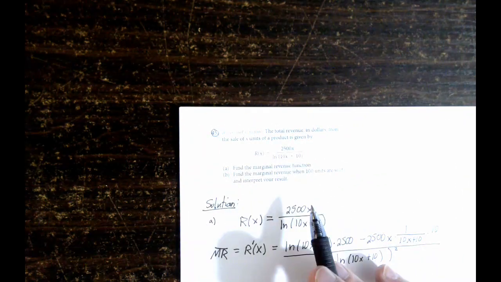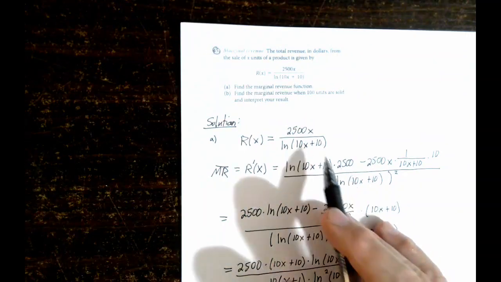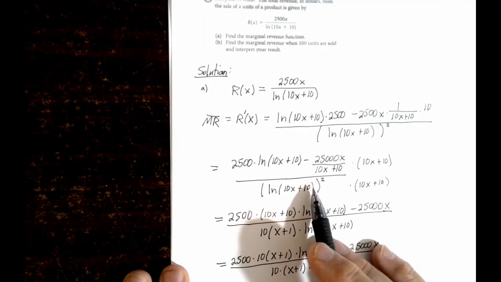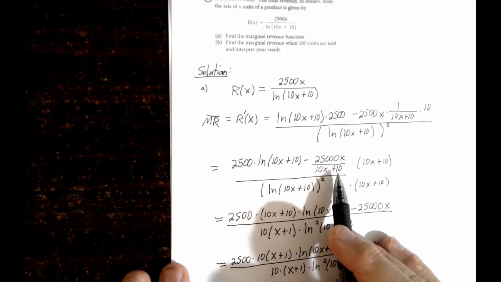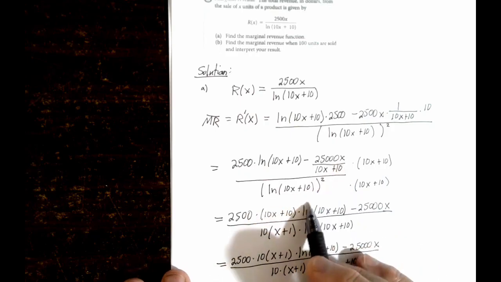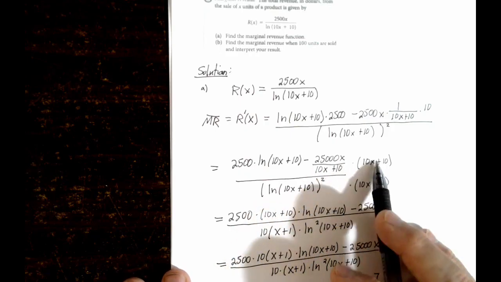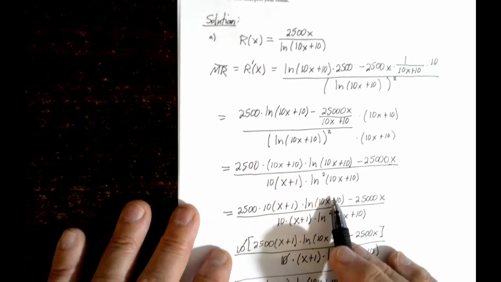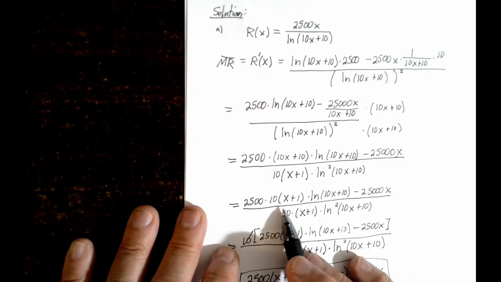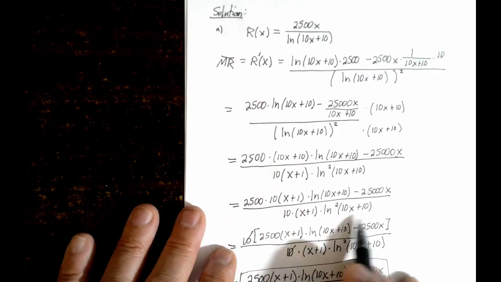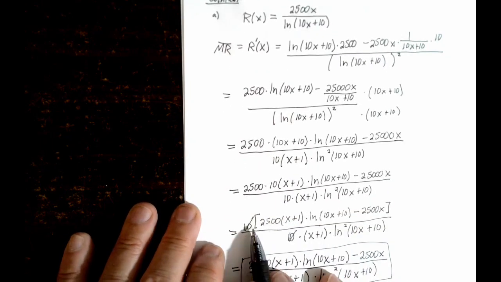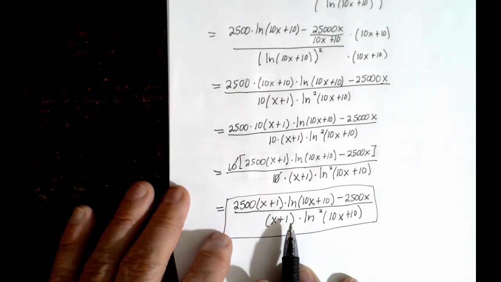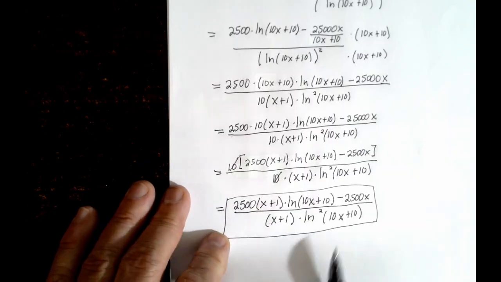45, you got the revenue function, find marginal revenue and plug in 100. So you take the first derivative, and then to clean up the complex part of the fraction, you don't want a fraction within a fraction, so you multiply by the common denominator, top and bottom. And when you do, it cleans up this way, and then you can factor a 10 out of that one, and pull a 10 out of the second one as well, and then it cancels, and you get this guy here. Now when you plug 100 into that, wherever you see an x,